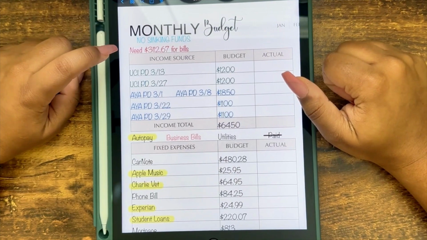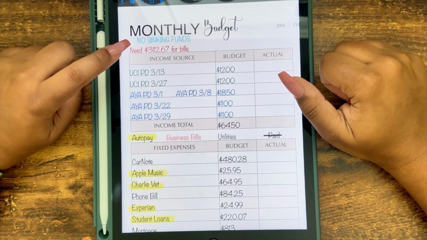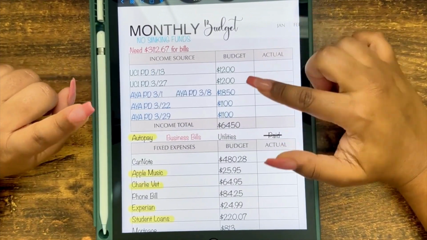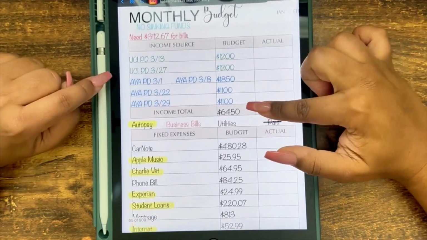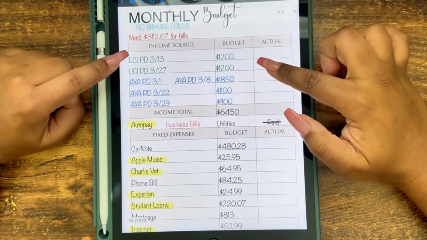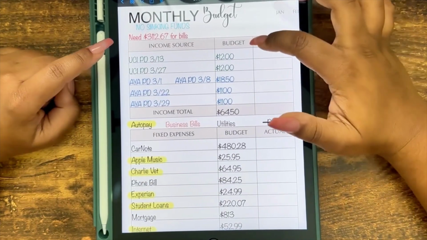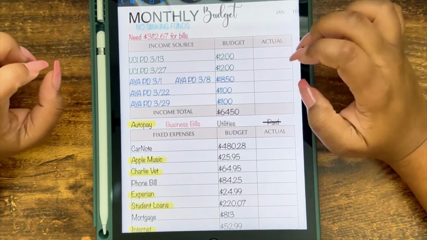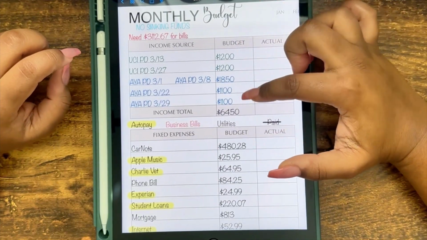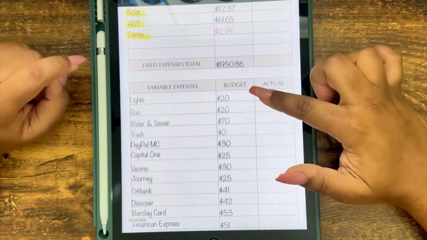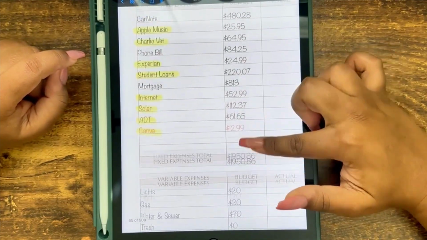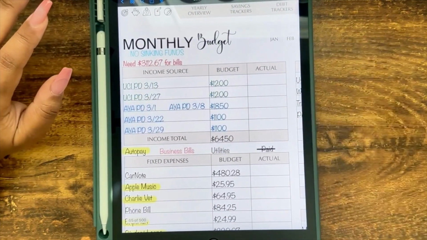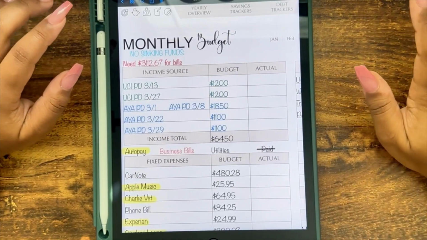For the month of March, for bills, I need approximately $3,112.67. And then another way that I budget unconventionally, I do the stuff that I'm supposed to be getting hypothetically. So this is the budgeted amount, and I do that for everything. So I can get an overview of what I possibly might be making for the month,